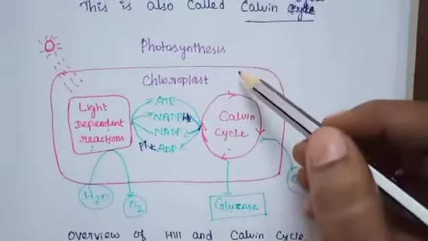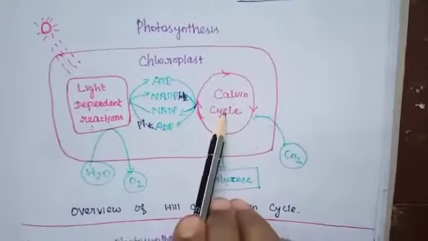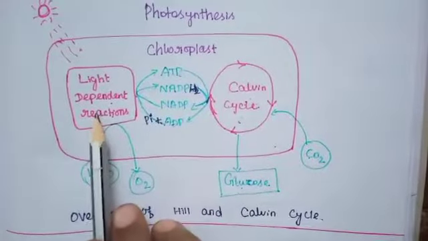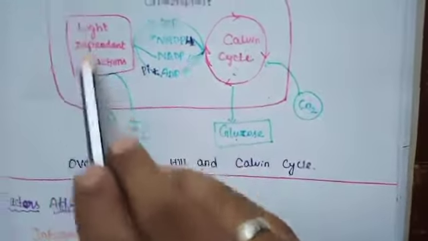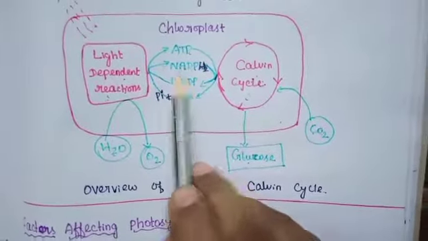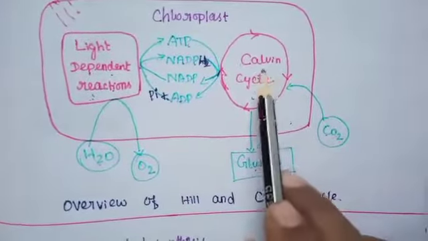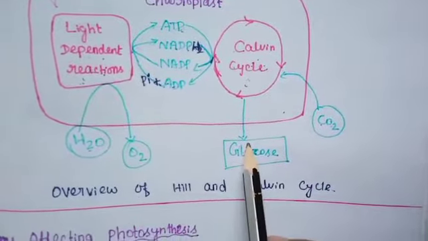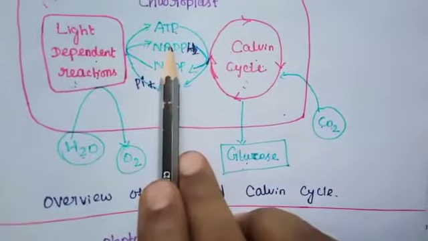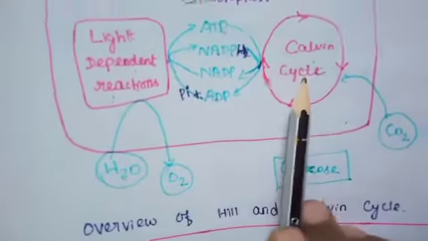The reactions of photosynthesis can be grouped in two. One is light reaction and the other is dark reaction. The reactions involving pigments, solar energy and water that produce ATP and NADPH2 are called light reaction. The photosynthetic reaction in which CO2 is reduced to carbohydrates, making use of ATP and NADPH2 generated by the light reaction, is called dark reaction. Dark reaction is also known as the Calvin cycle.